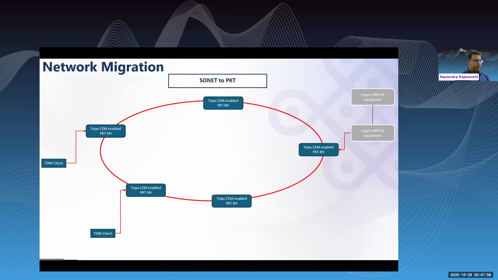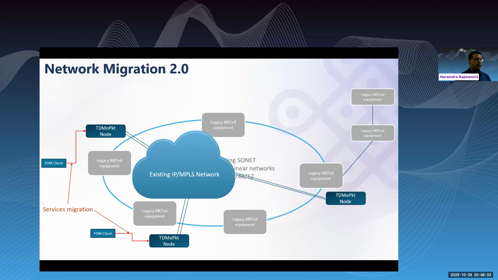Then slowly we can add more nodes in the network, so we don't have to depend on a completely new fiber pair. This can be migrated at ease, one node at a time, and then eventually the legacy network goes out. So these are the two approaches that we have seen, and both have been applied in different operators.